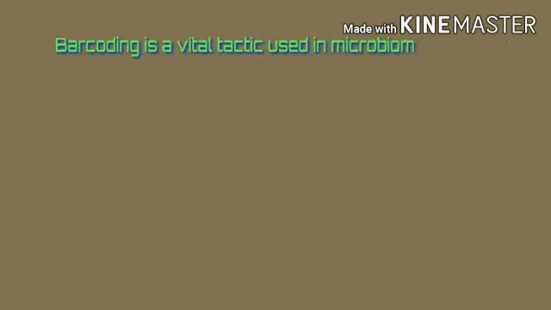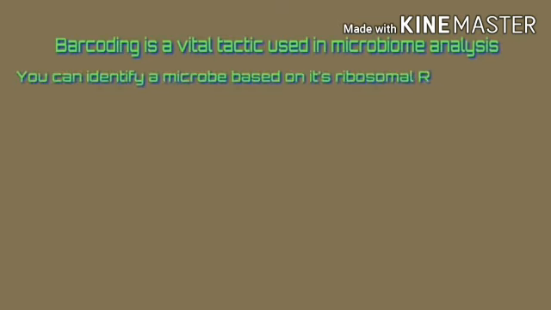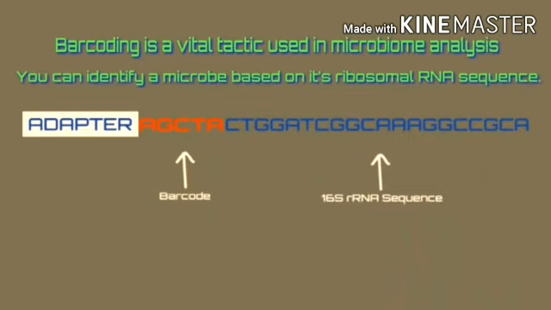Barcoding is a vital tactic used in microbiome analysis. You can identify a microbe based on its ribosomal RNA sequences. The barcode is attached to its RNA sequences during PCR amplification. So, the adapters are,